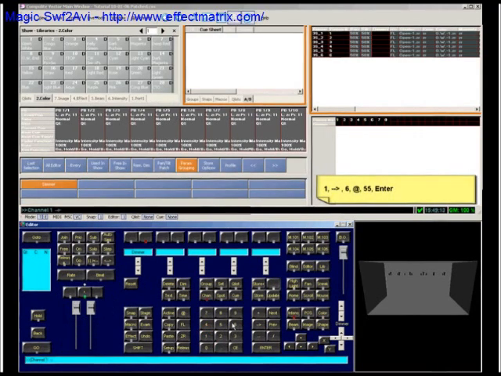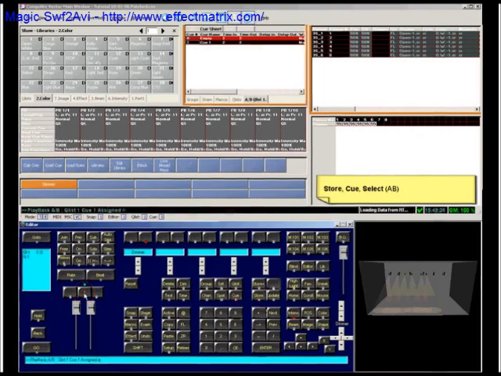Click 1 and the arrow key and 6 to select channels 1 through 6. Click At 55 to set the dimmer level to 55%. Press Enter. The output is now visible on stage. Click Store. Click Cue. Then click Select for AB. As there are no cue lists yet, cue list